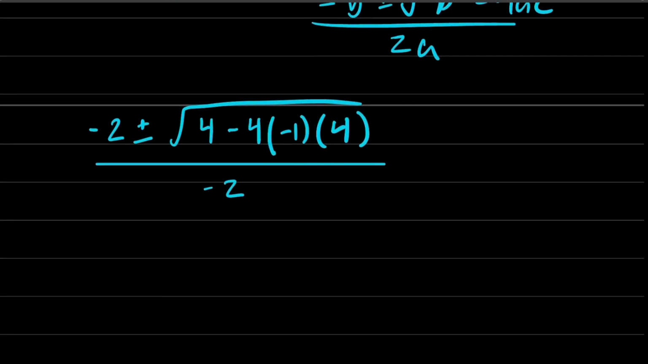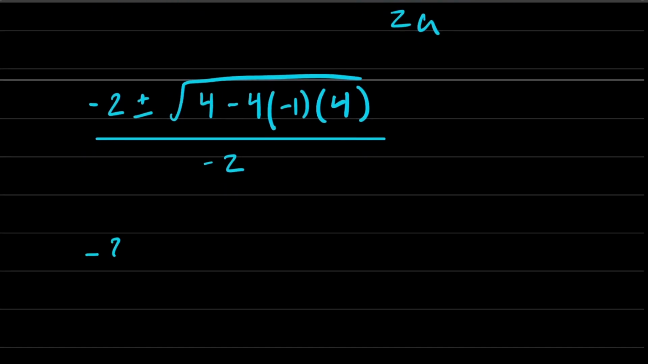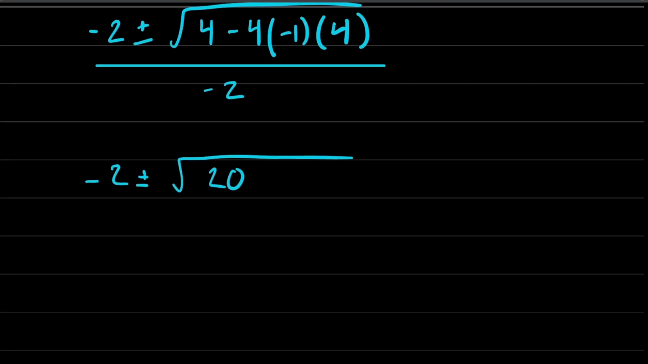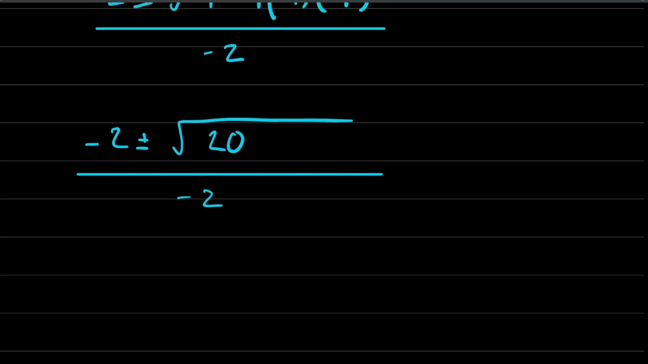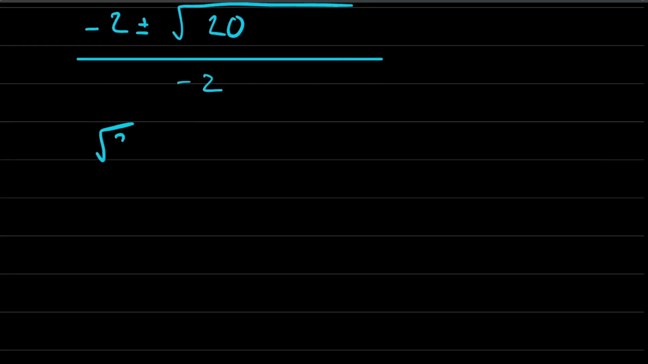Now we're going to want to simplify things down here a little bit. Negative 2 plus or minus the square root of 4 minus 4 times negative 1, so plus 4 times 4. So 4 plus 16 gives us 20, divided by negative 2. Now, this looks to me like something that can simplify a little bit further. Let's simplify down the radical root 20, which I'm not sure how you were taught to do simplifying radicals,